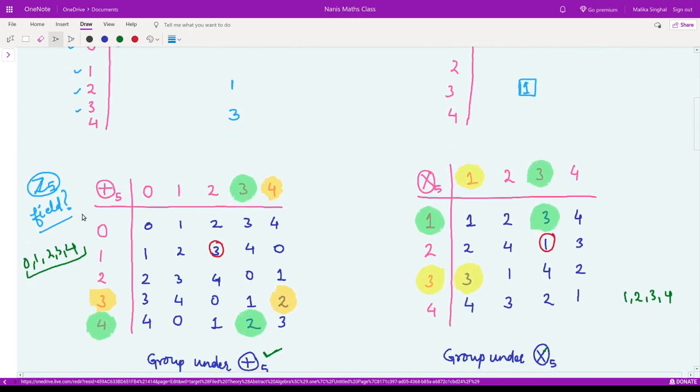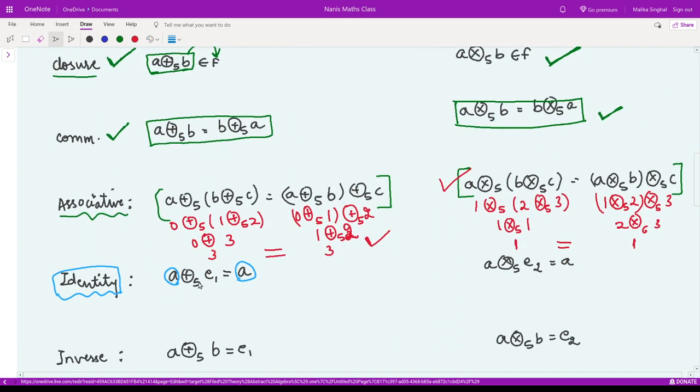So in this case, these were our A's, right? So for this 0, can you find any number such that I get 0? Yes, it is here. For 1, can you find any number for which it is equal to 1? Yes, it is here. For 2, can you find any number such that it is equal to 2 again? Yes, it is here. For 3, it is here, and for 4, it is here. So you see that these numbers correspond to the second entry, that is 0. So we can say that 0 is the identity in this case. So E1 is equal to 0. So this is the addition mod 5 identity, right?